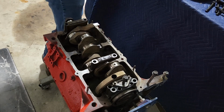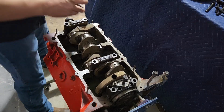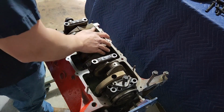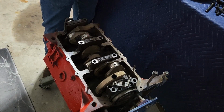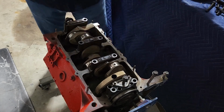Again, I should probably do better, but this is the swap stage. This is not a full rebuild for the rest of time, which I guess is the way I should look at it. But in my experience, with these old things, I've had builds where I've done absolutely everything right, and then 3 months later, it's all coming apart again. So,